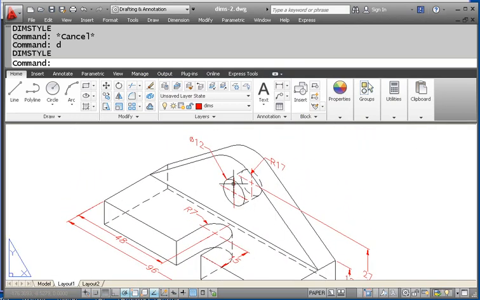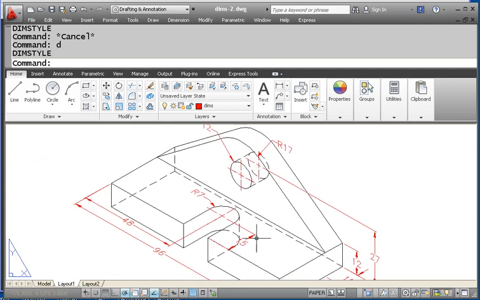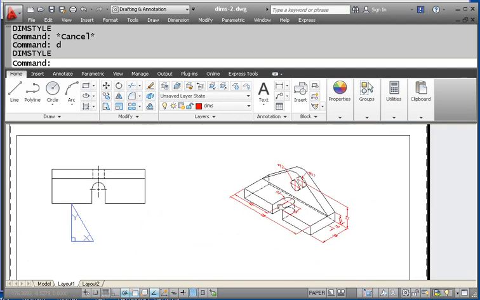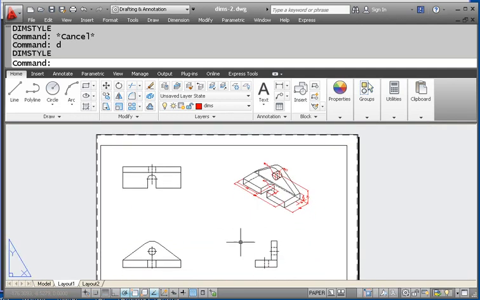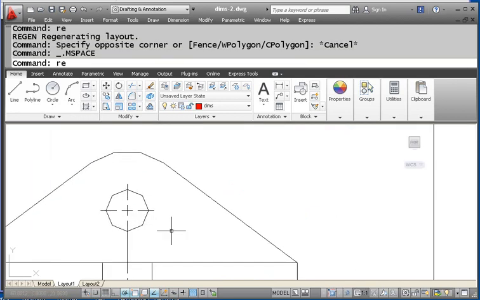So I'm going to start with the dimensions for the hole here, which is going to be diameter of 12, then 27. And we can loosely apply 48 to that same object as well. But it's also dimensioning the center of the notch, so we can put that one in a number of places. So I'm going to use the 12 and the 27 and figure out where those belong, where that object shows up in its true shape. The only place I can see that in its true shape is here